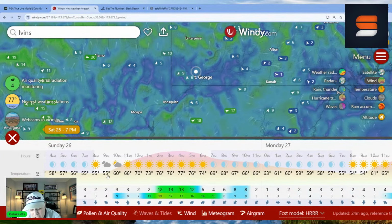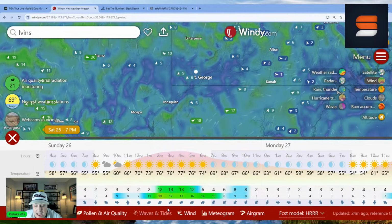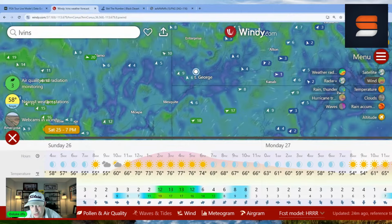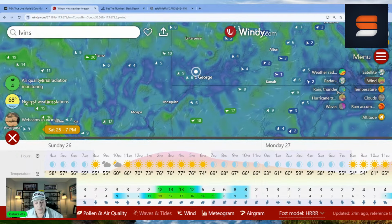And another thing to note is it will be cooler in the morning as well, but not as cool as what you had for today or even for Friday. Friday morning, it was 50 degrees. This morning, it was 47 degrees. They didn't start the round until much later, so that's why it wasn't really a factor, at least for round number 3. But for Sunday,